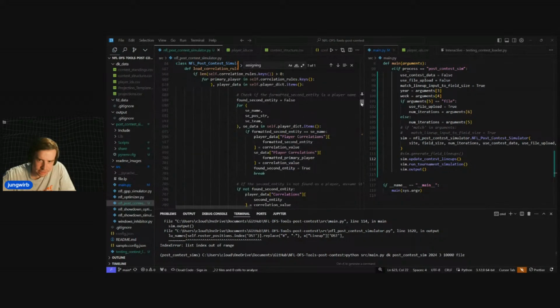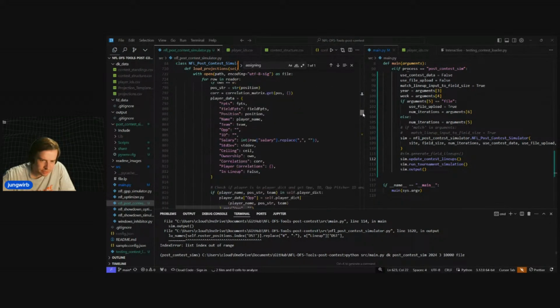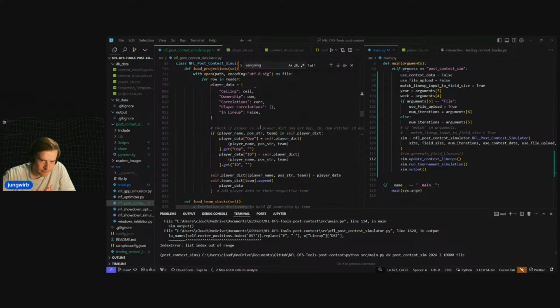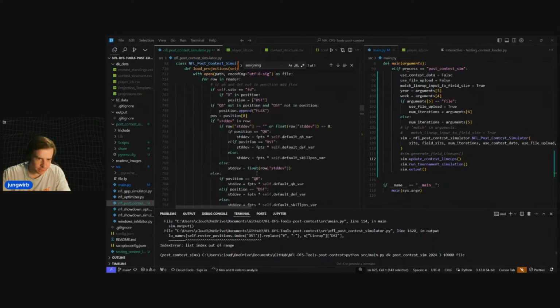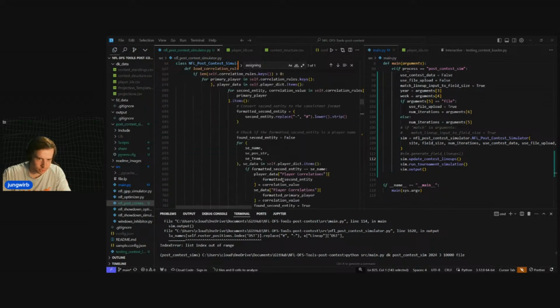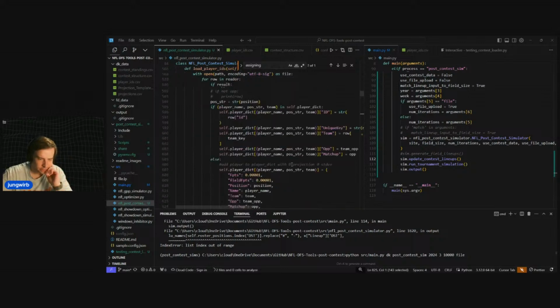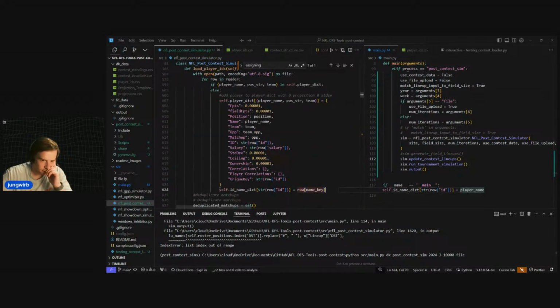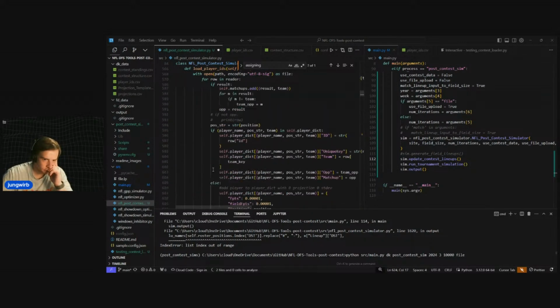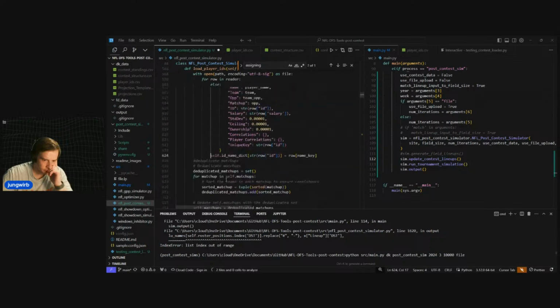And the last thing we need to do, we do need to give these guys a number. So we need to append. We need to take this value here where we're adding players of team dict, and we need to do that same thing in here in our player IDs. Once we have, I think it goes there, and